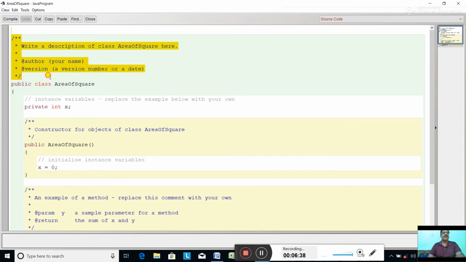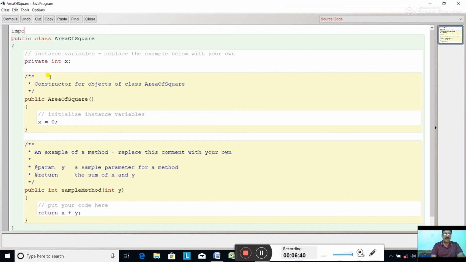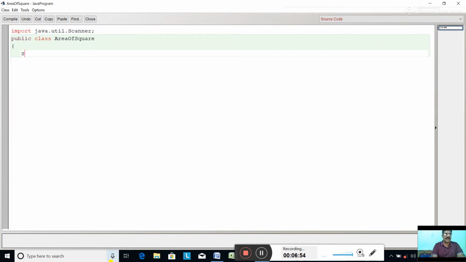Just like the last program, first will be the import line: import java.util.Scanner; This will be the first line in each and every program when you do the inputting by the Scanner class. Now create the Scanner object, same line: Scanner ob equal to new Scanner(System.in). The Scanner object is created.